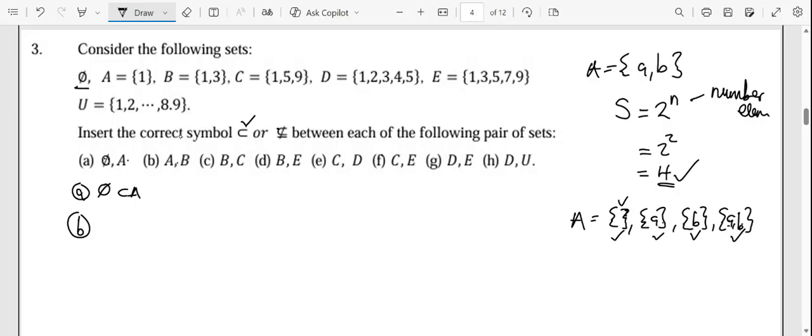Then A and B. You can see that one is found in B. You have seen? Is that okay? So this means that, what's the meaning? A is a subset of what? Good. Then C,